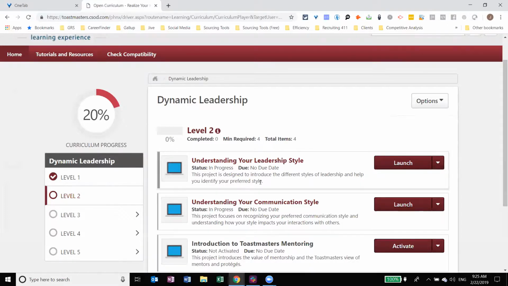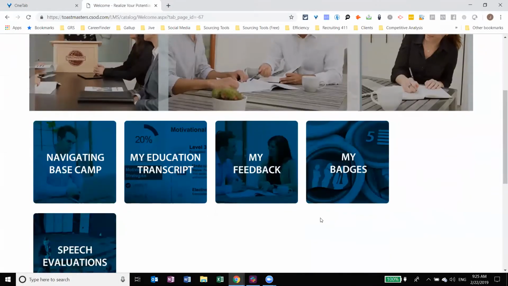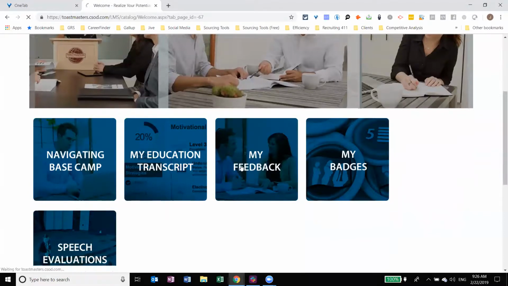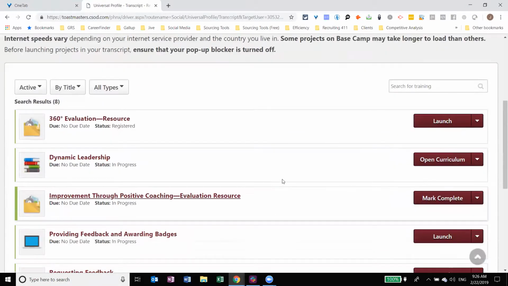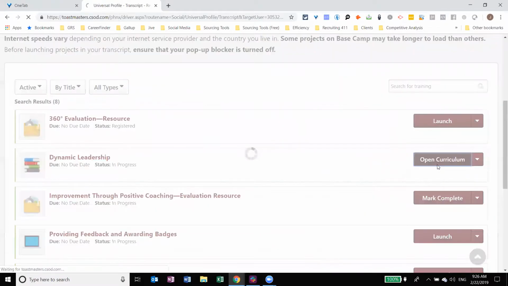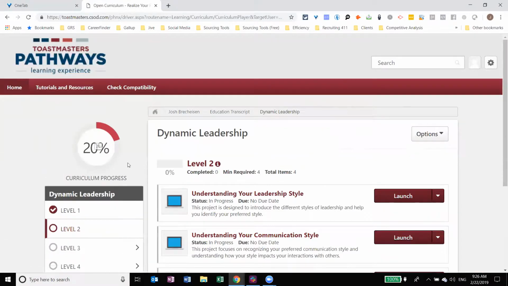I'll come to open my curriculum. Again, maybe it's good because the more times you see it, the more comfortable you get. Come on, Josh. Do it right. Hover over and then click the drop down. So I'll just do it this way just to go through it a different way. And you can see it's the one that says open curriculum. It's dynamic leadership. Don't get confused by all this other stuff. Open curriculum. And now it takes me right to